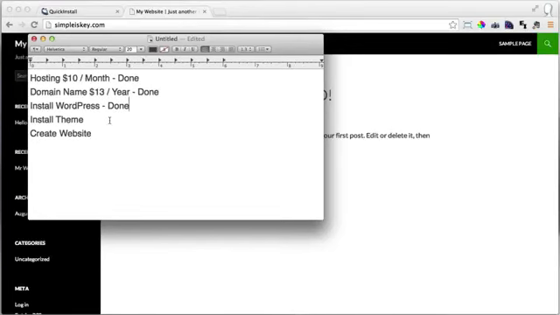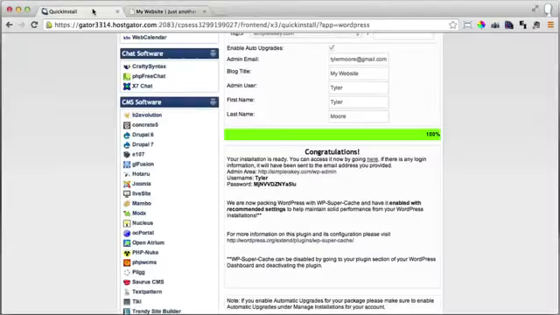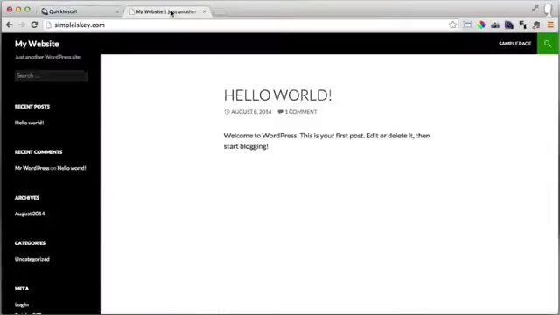The next thing we need to do is install our theme, but before we can do that, we have to log in to the back end of our website, also known as our dashboard. So let's do that right now. If we go back to Quick Install, we can see our username and our password. In order to get into the back end of our website or our dashboard, we need to go to ourwebsite.com